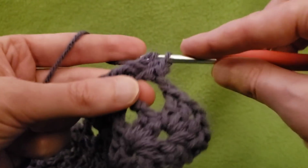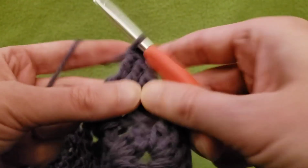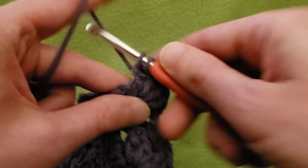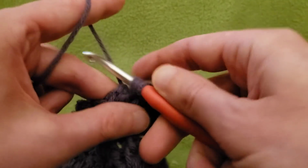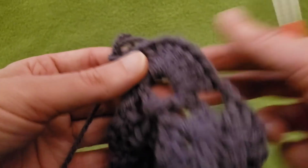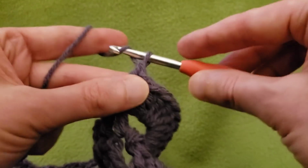Two, 3, 4, 5, 6, 7, 8, 9, and this should be 10. 2, 4, 6, 8, 10. Perfect. Okay, great. So from here, chain 2,